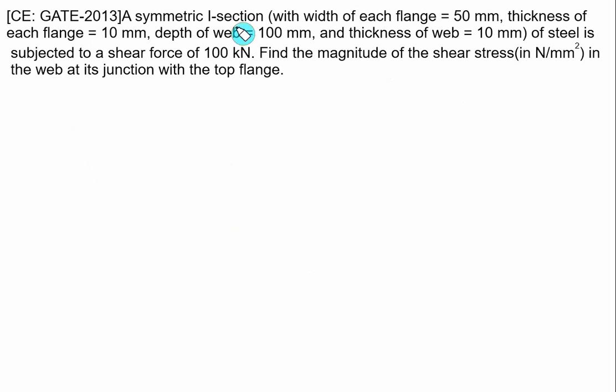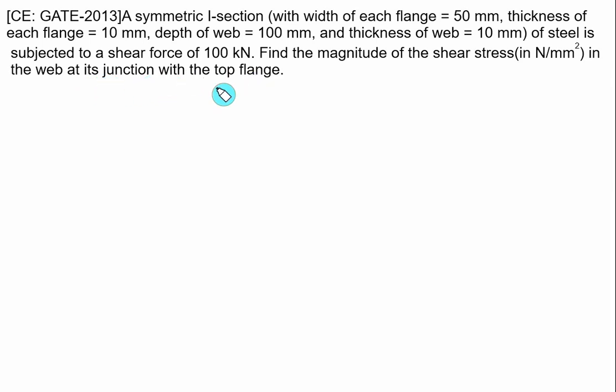A symmetric I section with the width of the flange equal to 50 mm, thickness of each flange equal to 10 mm, depth of the web equal to 100 mm, thickness of the web equal to 10 mm, of a steel, is subjected to a shear force of 100 kN. Find the magnitude of the shear stress in Newton per mm square in the web at its junction with the